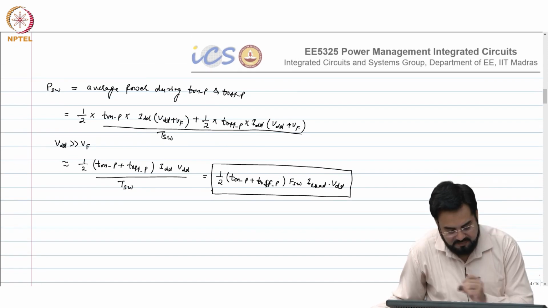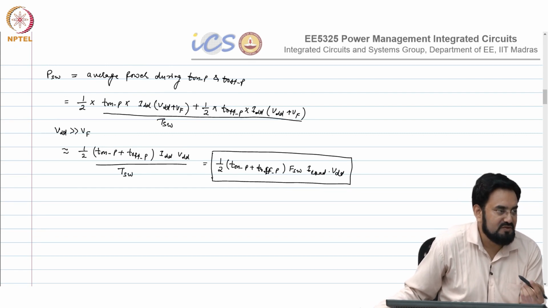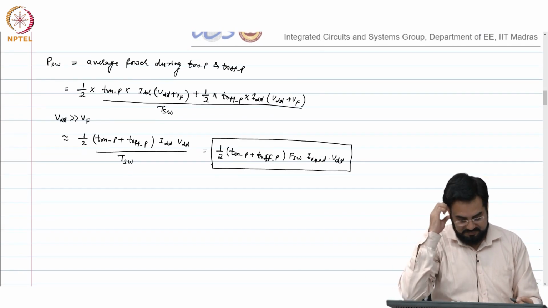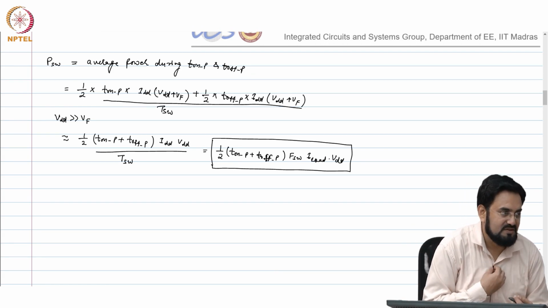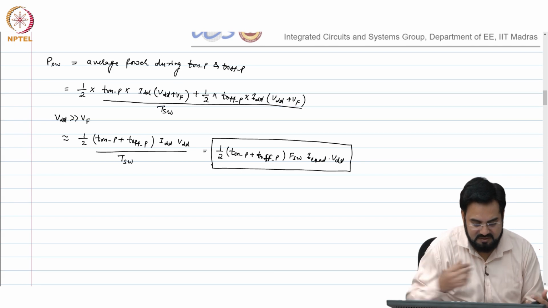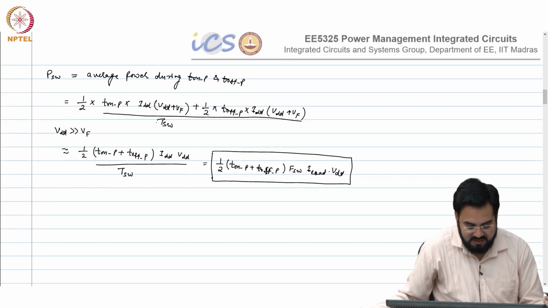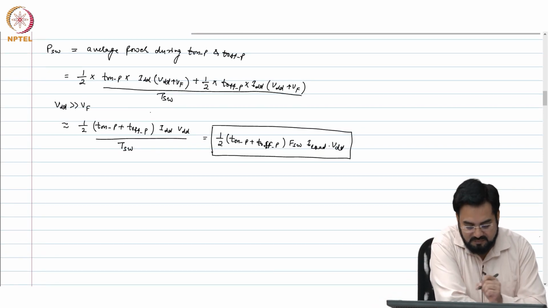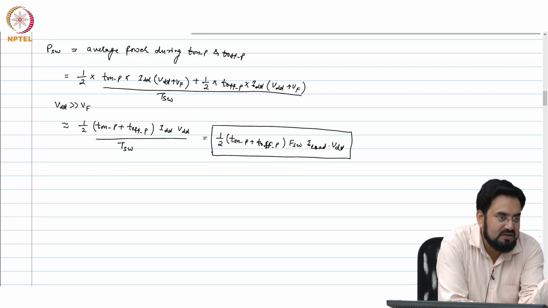But if you are given the values of VDD and all those, and you find that VF is not as small compared to your VDD, then you have to take into account that. So, let us say VDD is 10 volt, then VF may be a small fraction of that, then you can ignore it, will not affect your efficiency that much, but if VDD is let us say 1.8 volt or so, then you have to take into that account.